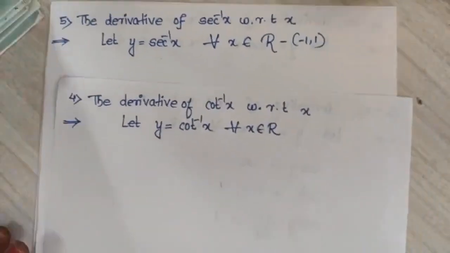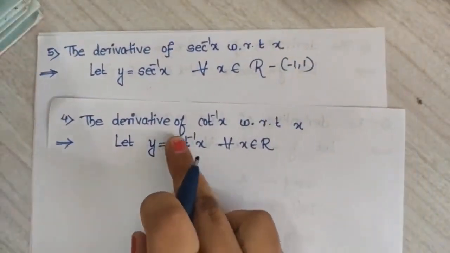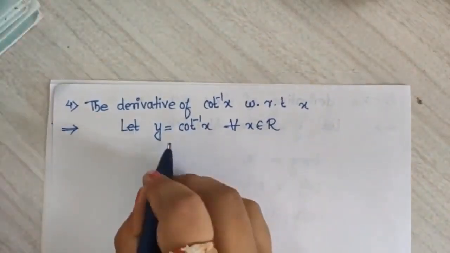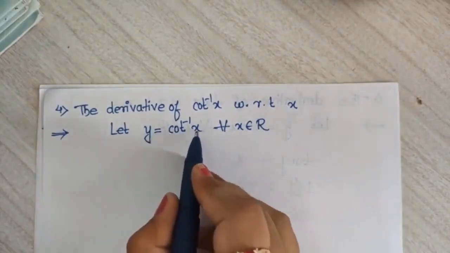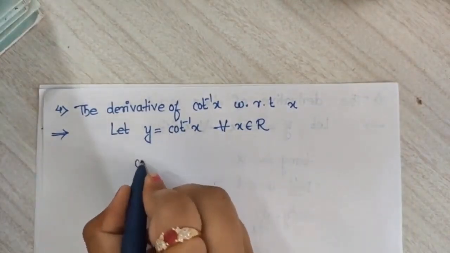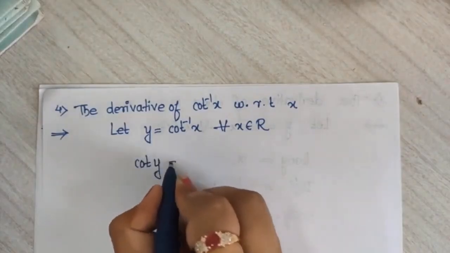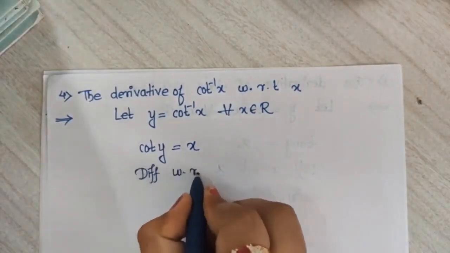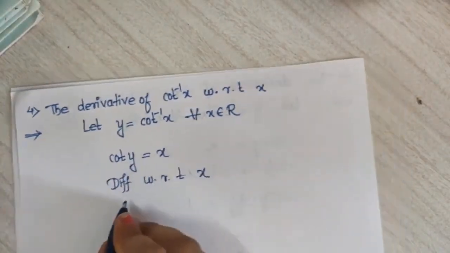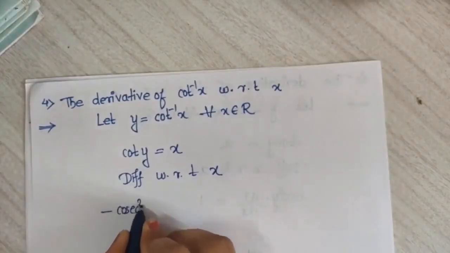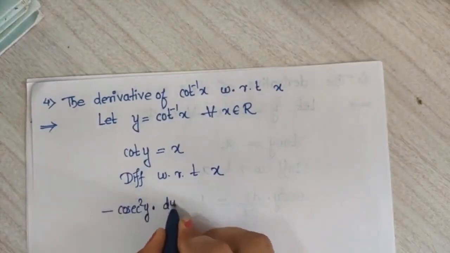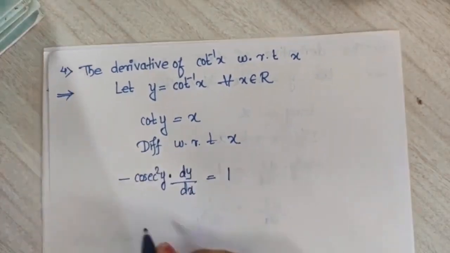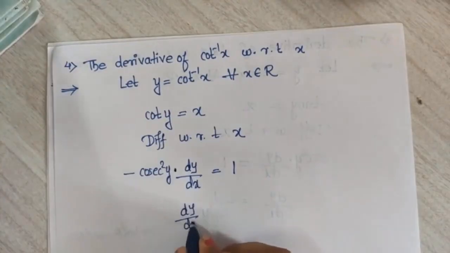Now move to the next one, the fourth, the derivative of cot inverse x with respect to x. So here I'll take first y is equal to cot inverse x. Bring cot inverse to the left hand side, you will get cot y is equal to x. Differentiating this with respect to x. What is the differentiation of cot? Minus cosec square y into y's differentiation, dy by dx, and the differentiation of x with respect to x is 1. Now dy by dx is equal to